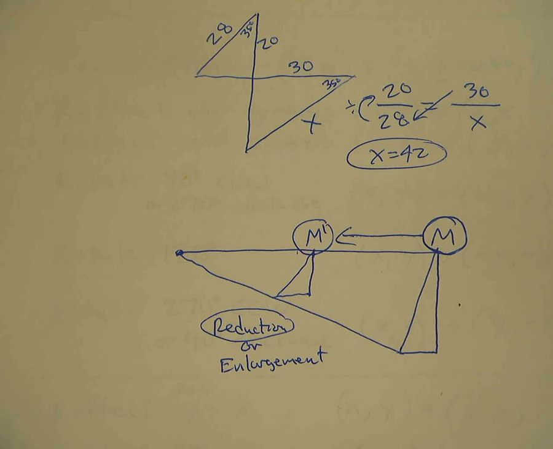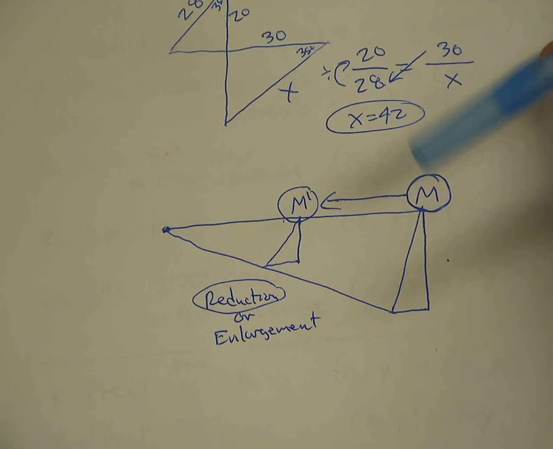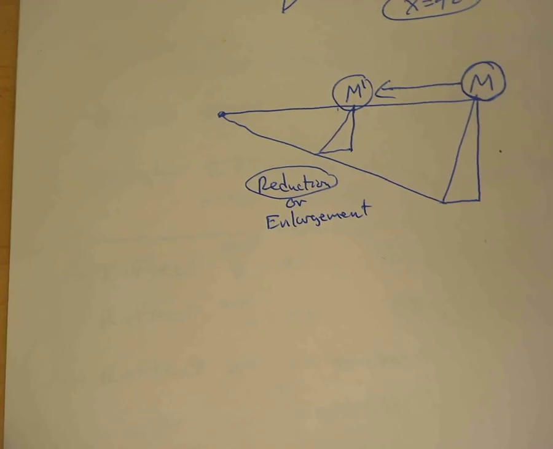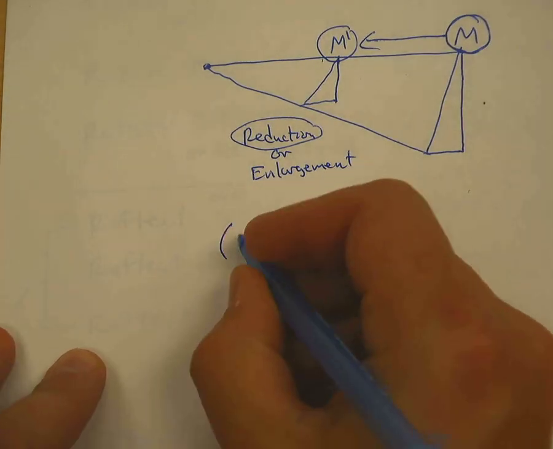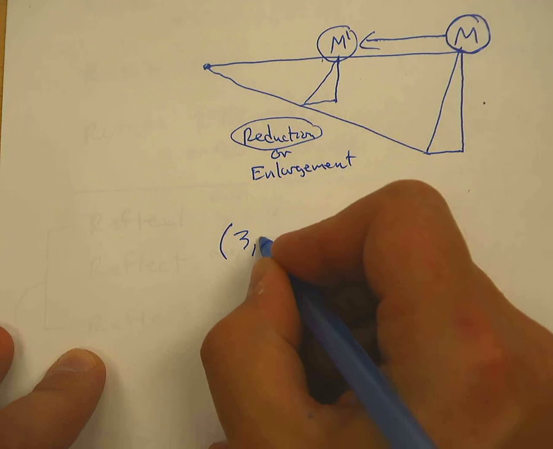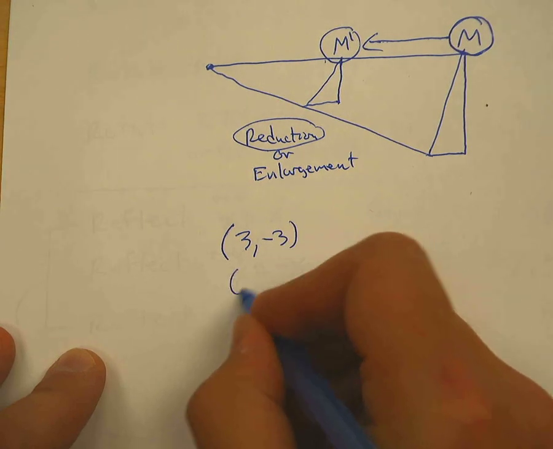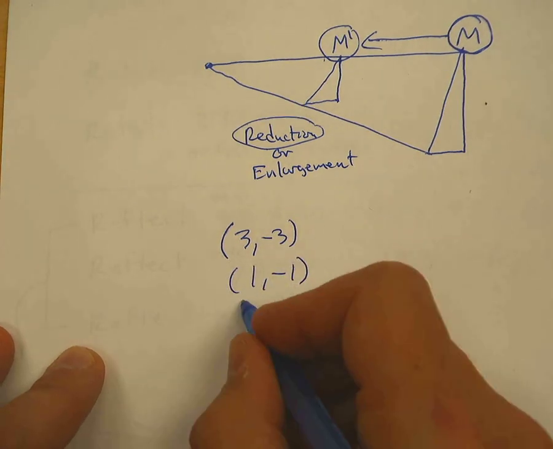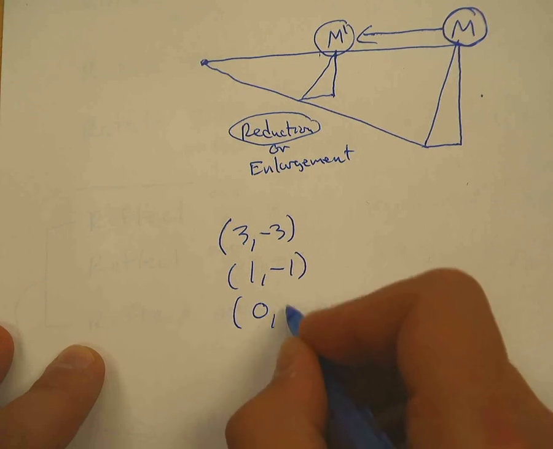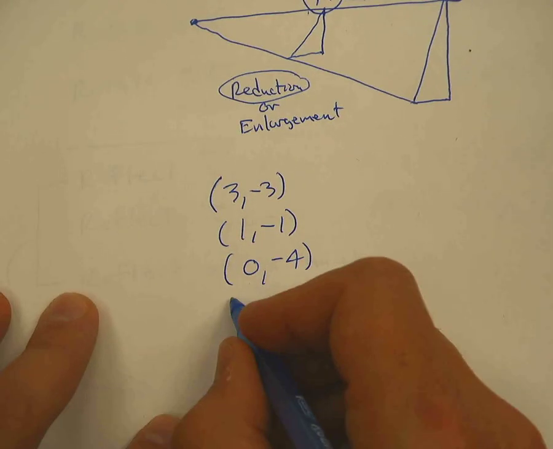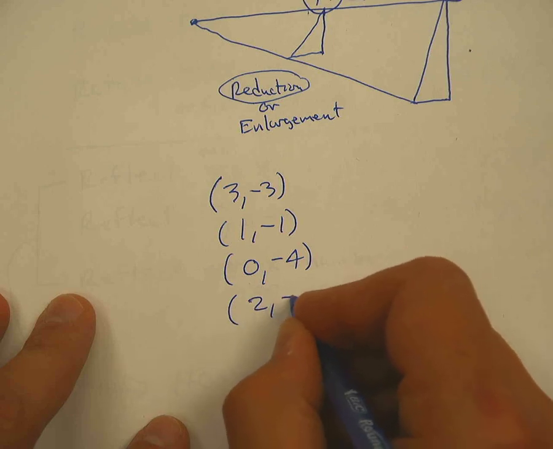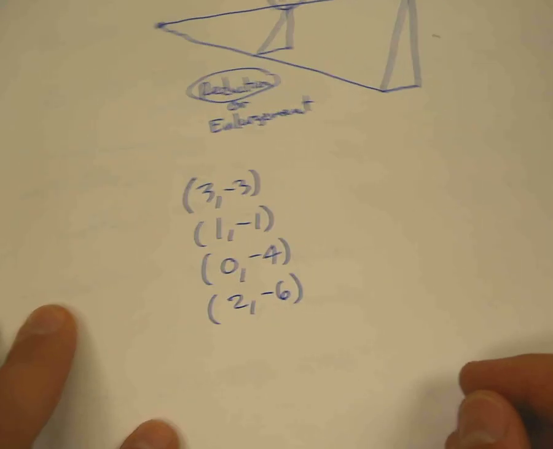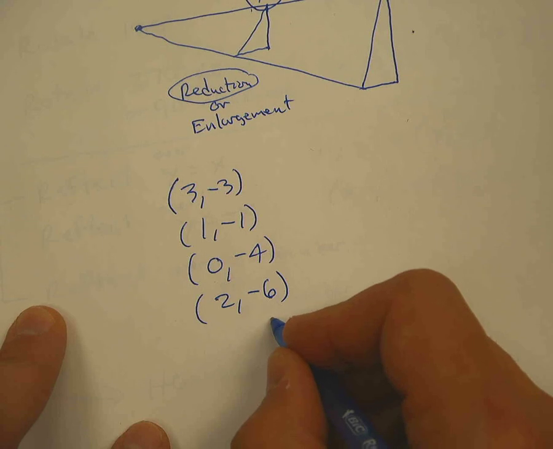All right, there is going to be some graphing. You're going to have to do some graphing here. So you got some points. I'm going to call them 3, -3, 1, -1, 0, -4, and we'll call this 2, -6. And let's say you want to rotate it